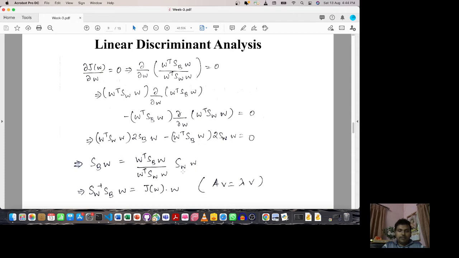Then what I do is I take an inverse of this matrix SW. SW is again a matrix of dimension m cross m, and I take the inverse of this matrix and put it on the left hand side, and this SW goes away. W transpose SBW by W transpose SWW is nothing but the cost function that we wanted to maximize in the first place. So basically what we have got is a matrix into a vector equal to some scalar quantity